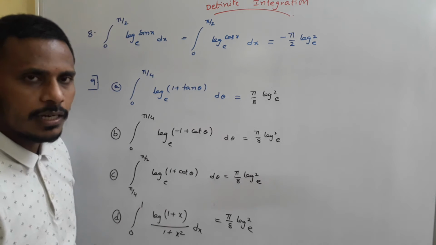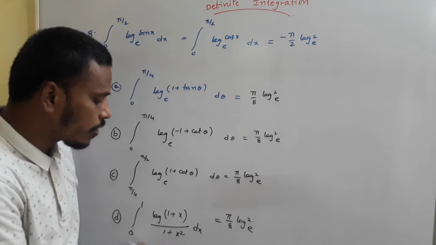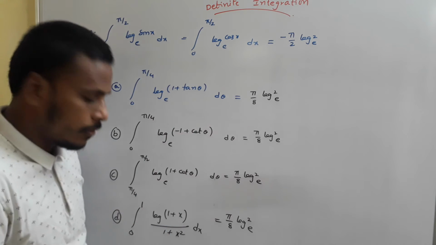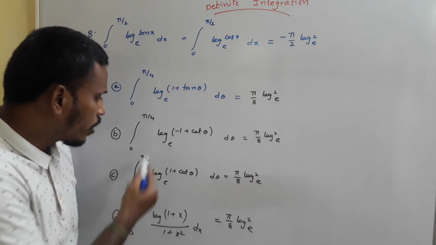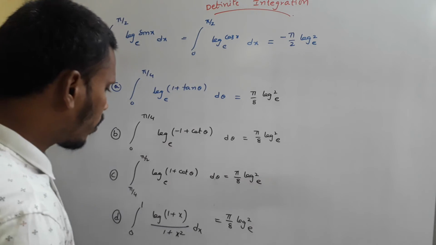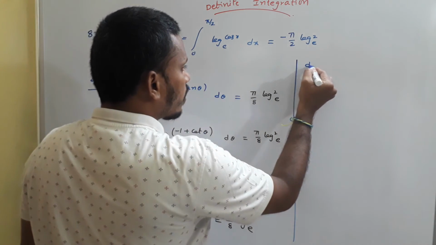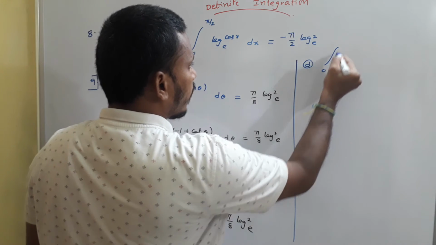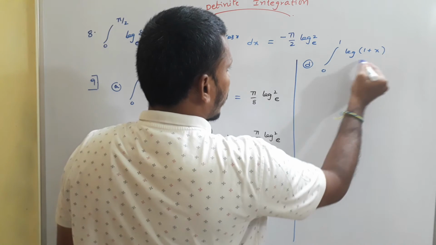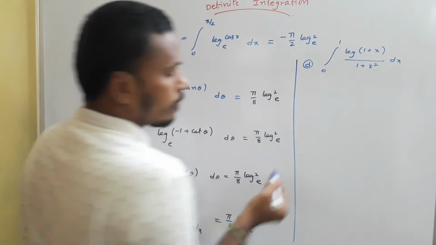But d bit is a little bit different from the others because it involves x without theta, and these are involved with theta. So suppose you just write b and c, and I am going to discuss d now. So how to solve this d? Solving or proving d is nothing but we need to find the integral 0 to 1 logarithm of 1 plus x divided by 1 plus x square dx.